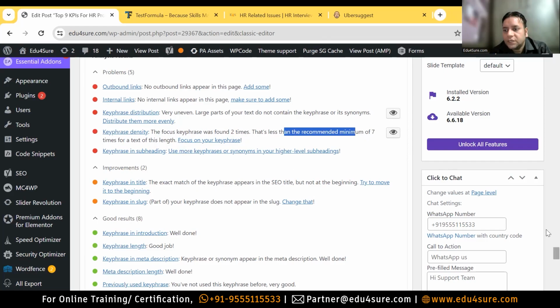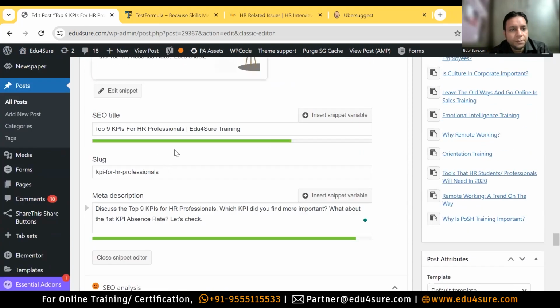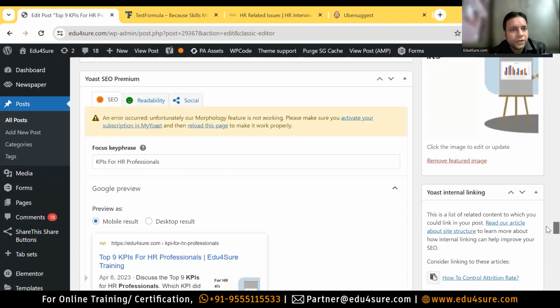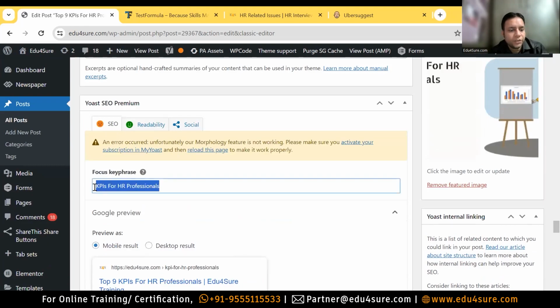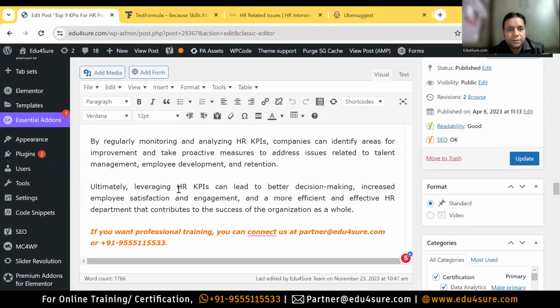So what is the focus key phrase? We already see the focus key phrase over here. That is KPI for HR. I can easily put it in the first 100 words, which I already did. Similarly, I can easily put it at the end of the blog. So ultimately, leveraging HR KPIs will do better, to increase employee satisfaction and engagement and a more efficient and effective HR development. Conclusion. Okay, so I can easily mention,